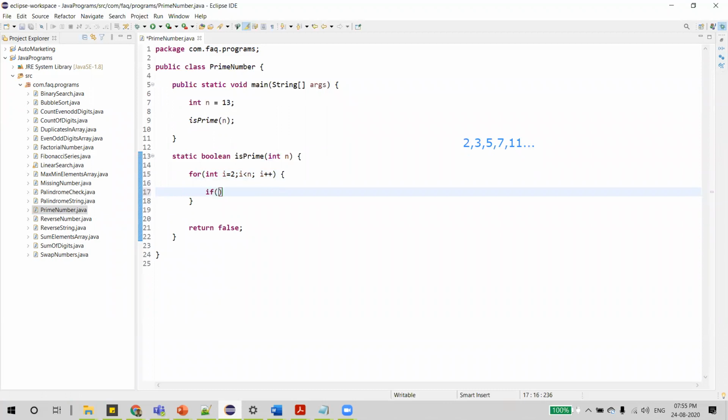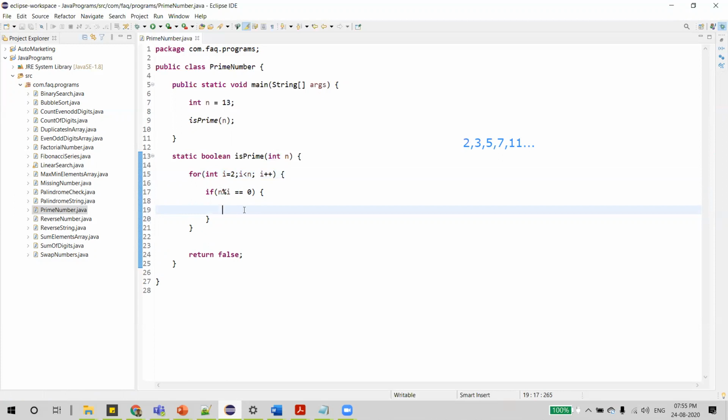What we are going to do is, given the number n, we'll divide it by the index i. So n modulus i gives us the remainder. If it is 0, it means that some number between 2 and n minus 1 is able to divide n perfectly. Perfectly divisible means it leaves remainder 0.